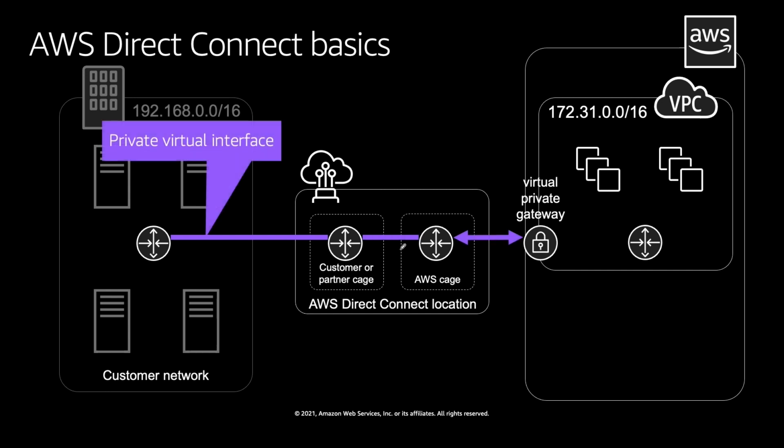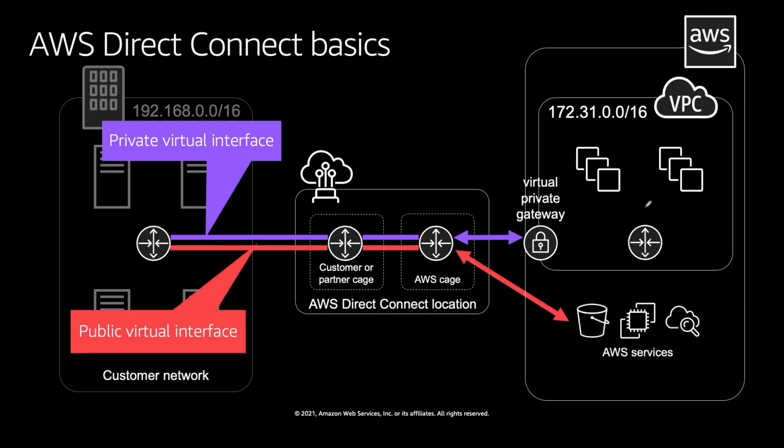So it's basically a direct connectivity from your data center to AWS. Once that is done, you need to have a private virtual interface on your data center, and it can now talk to the virtual private gateway, and then it can talk to other resources within your VPC, as you can see here. Not only this, AWS Direct Connect also helps you access all the resources within AWS which are public facing, which have a public address space.